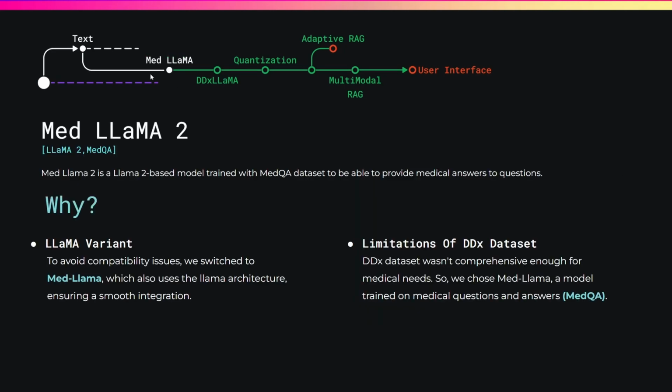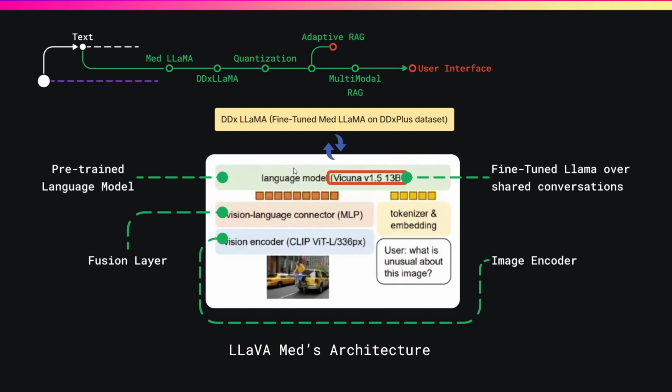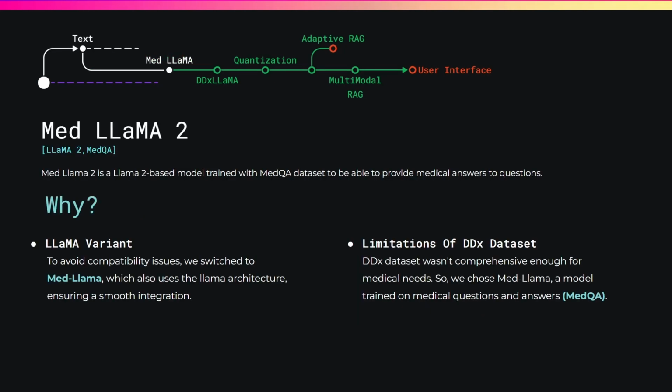So now our second path begins, where we did the work with MedLlama 2. As I told you, our strategy was now to swap out this Vicuna with a different LLM fine-tuned on a dataset. For fine-tuning an LLM on a custom dataset, we first of all wanted a pre-trained model. For the pre-trained model, we chose MedLlama 2. MedLlama 2 is an LLM based on Llama 2 that is fine-tuned on the MedQA dataset,